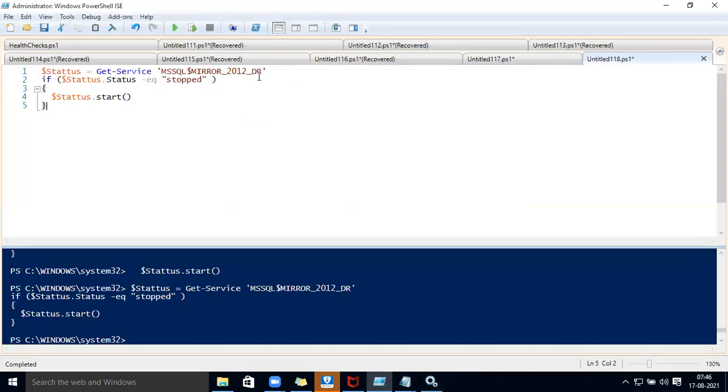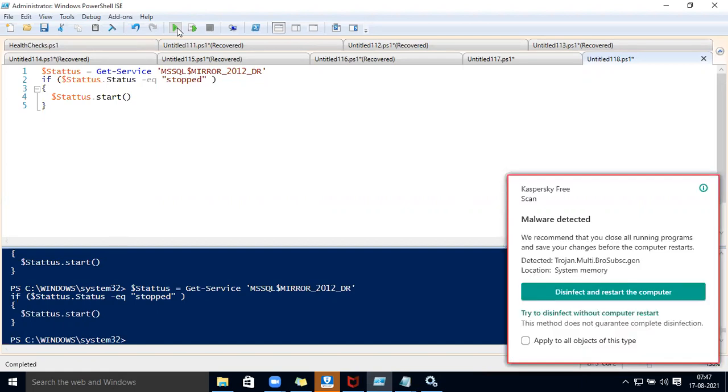So it is checking your SQL Server service with the name. If it is stopped, it started running. But if it is running, what will it give, an error? It is not giving any error. If it is started, it is going and it is starting. But here we want to add a few more lines. If this is running, it has to display, what it has to display?